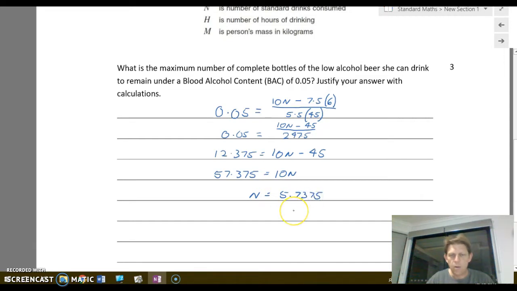5.7375. Now, some of you that made it this far, stop there. But the trick here is that's the number of standard drinks she can have, but the drink she's drinking is only 0.8 of a standard drink per drink. So we take that 5.7375 standard drinks